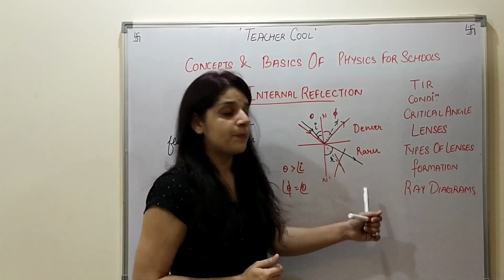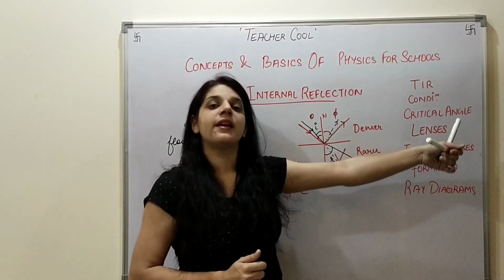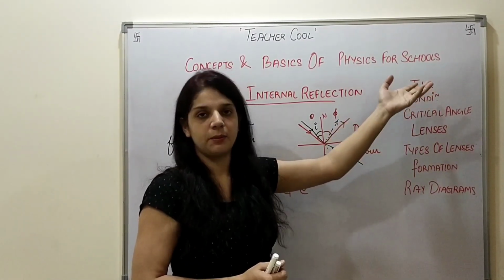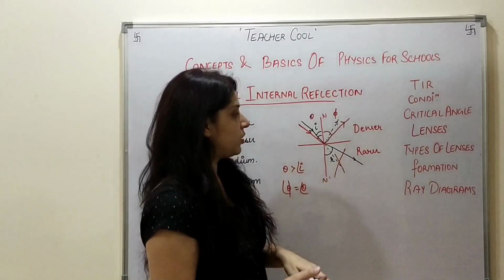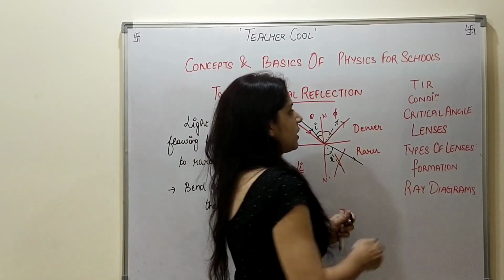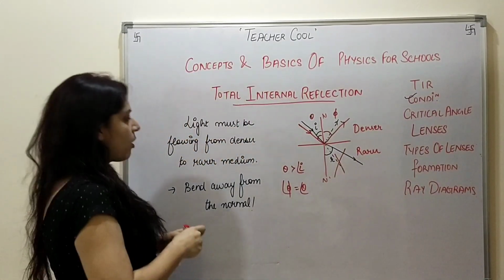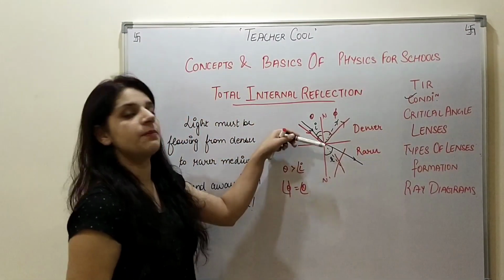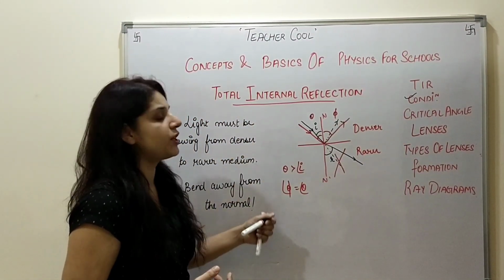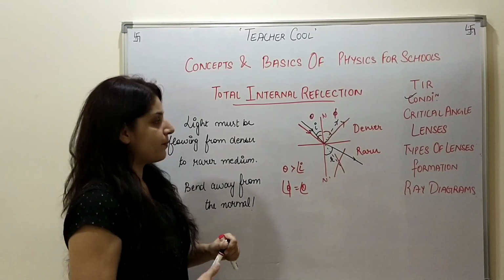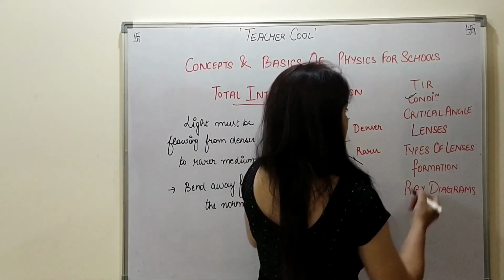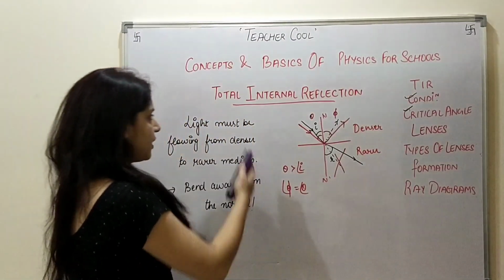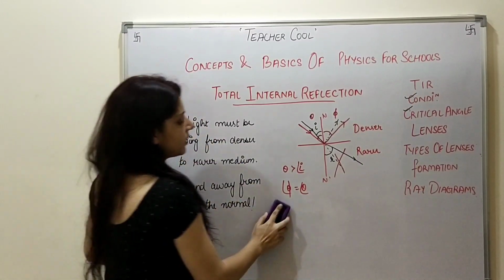So this was the case, and if we increase the angle beyond the critical angle, the complete ray will get reflected back. Clear? So these are my two concepts: the condition that it must be flowing from denser to rarer medium, and second is the critical angle, which is the maximum angle, or the largest angle, for which a ray can get refracted. So after doing these two, now we'll come back to the application of refraction, which is total internal reflection.